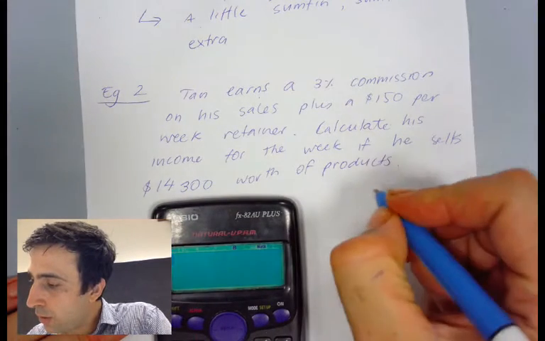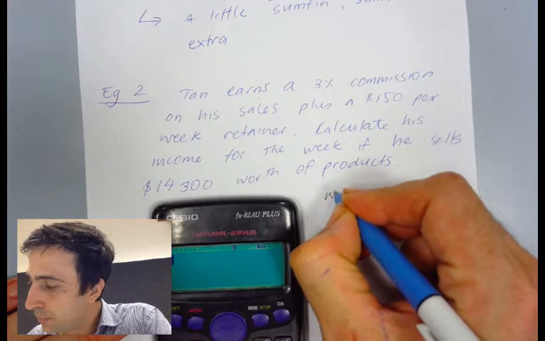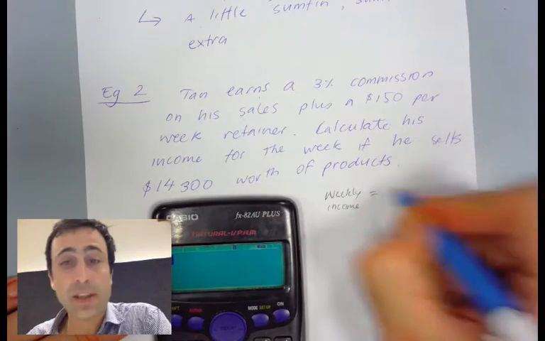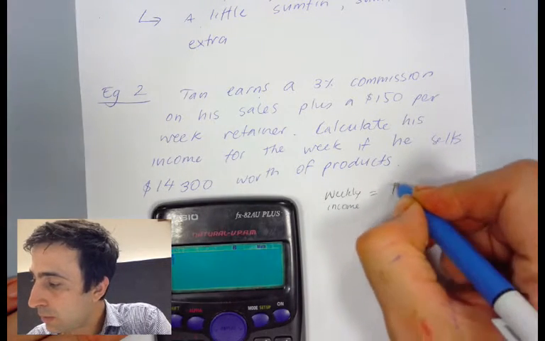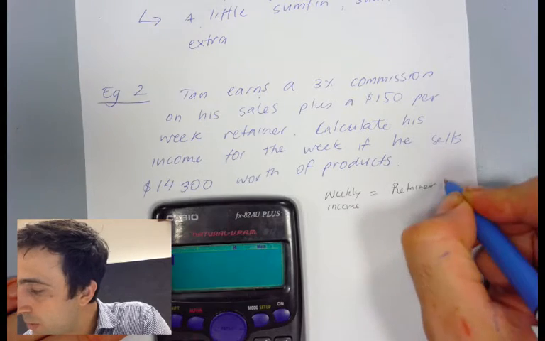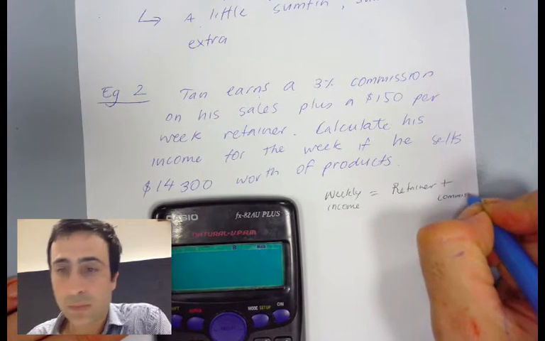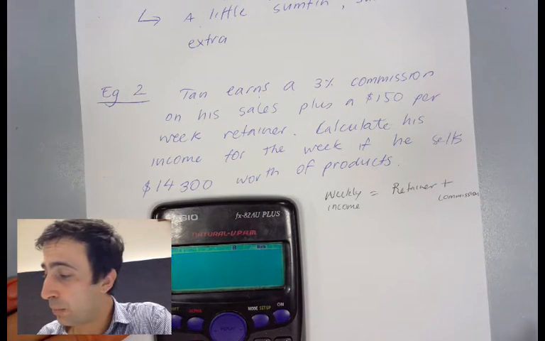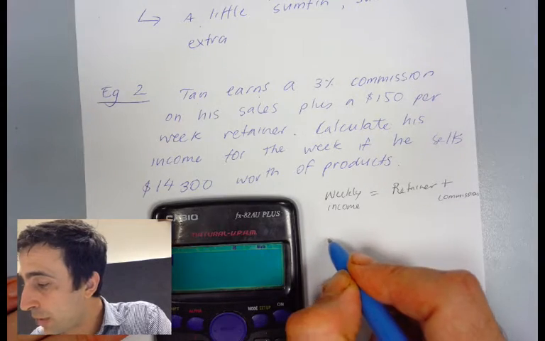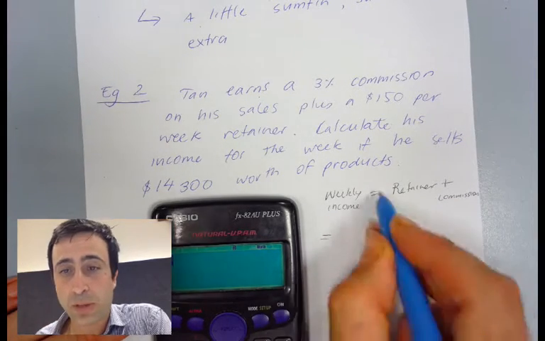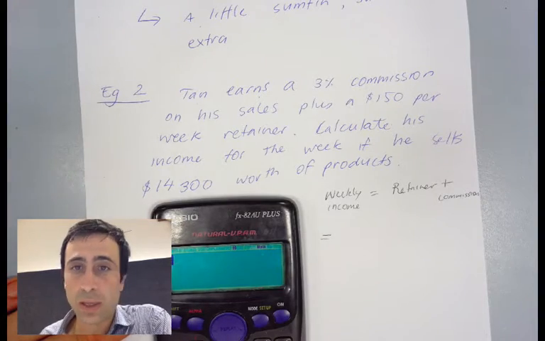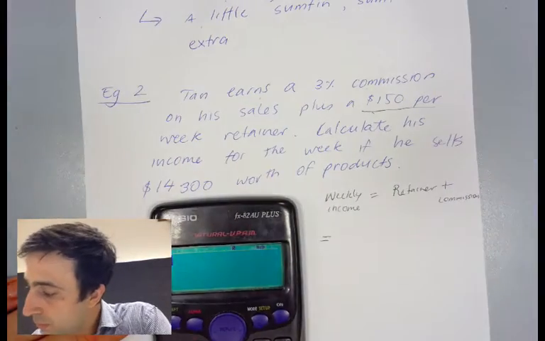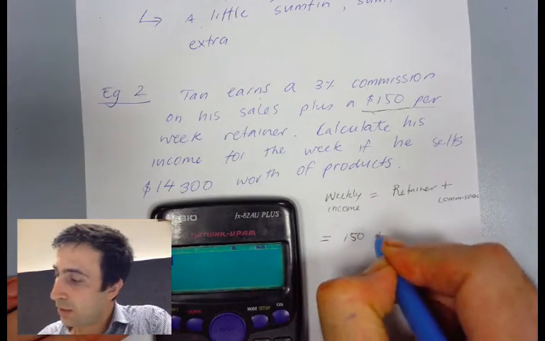So his weekly income is, let's start off with our retainer plus our commission. I'll write that more neatly. Please excuse my poor setting out. I'll put the equal sign over here just to give us a bit of room. If we can figure out the retainer, which is $150, plus 3%